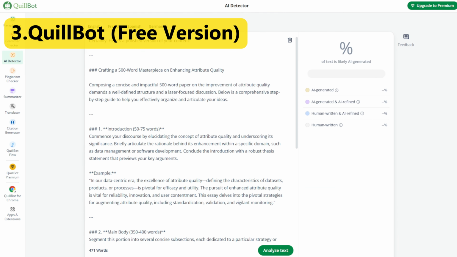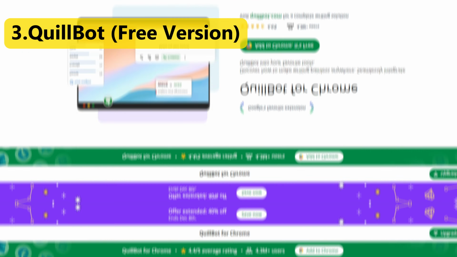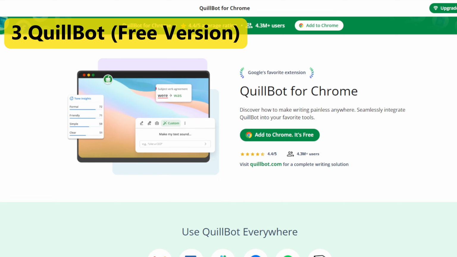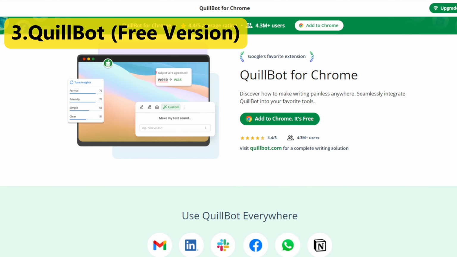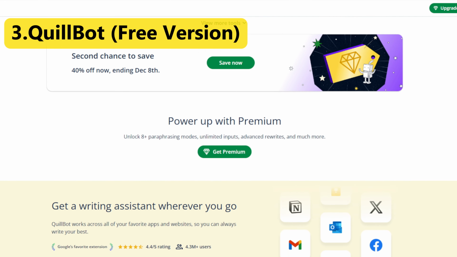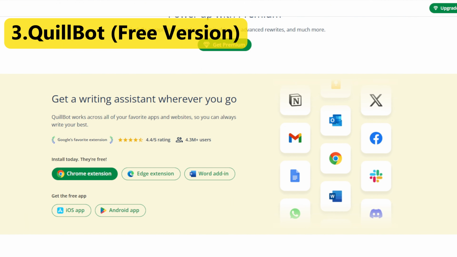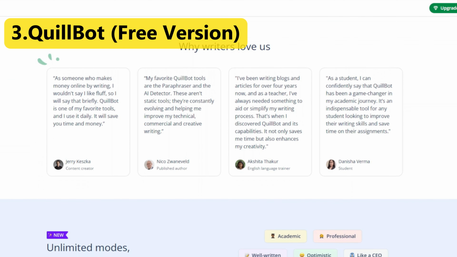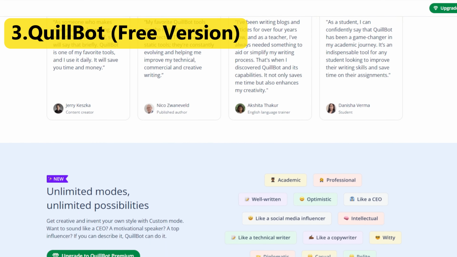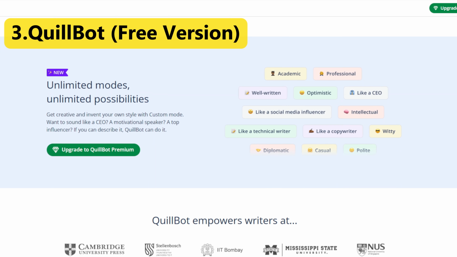Next is QuillBot's free version, with an accuracy rate of 76%, which is outstanding among free tools. QuillBot's feature is that users can use it without registration, and it can detect up to 12 words of text each time. Its advantages include high accuracy, low false positive rate, and a very user-friendly interface. The drawbacks are that it also does not mark the specific AI-generated text and may not detect text processed by